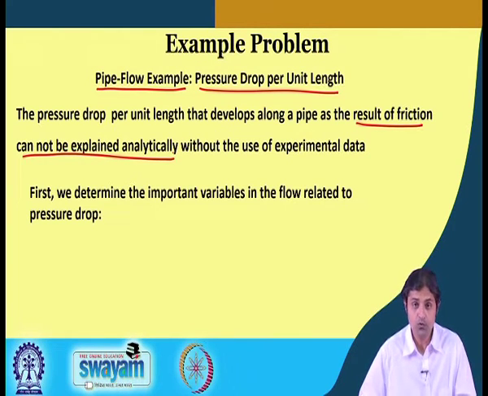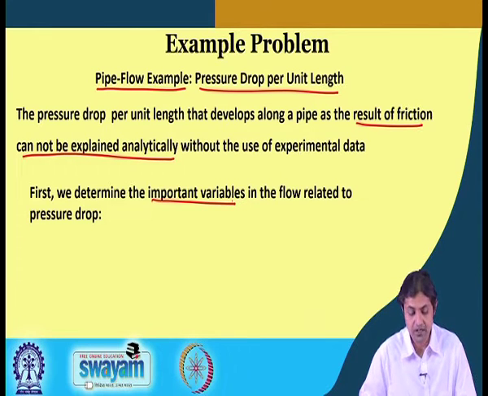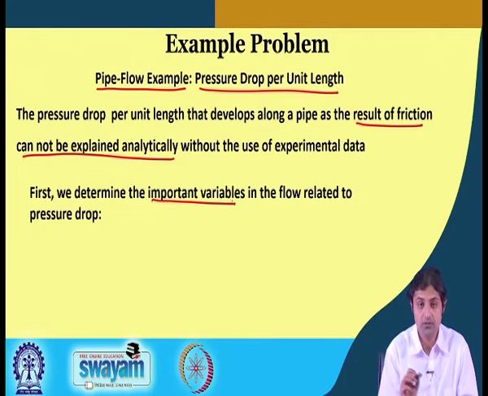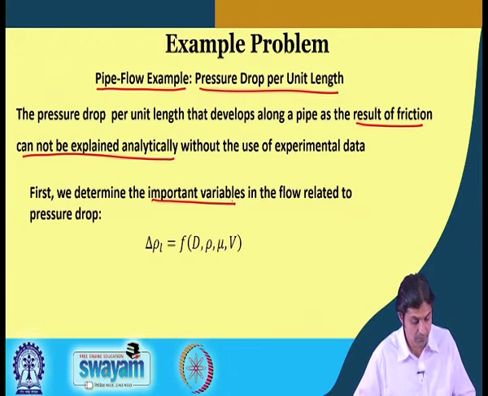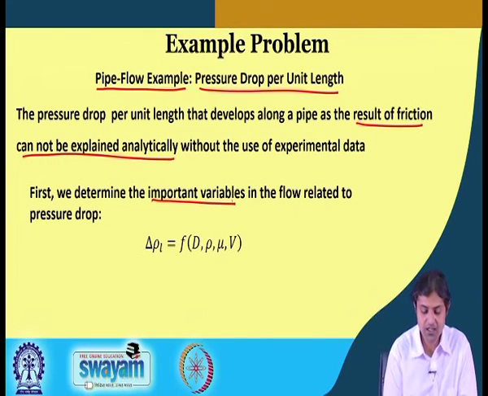So, what do we do? First, we determine the important variables of the flow related to the pressure drop. So, we must know what the flow parameters are. For example, flow parameters or important variables here, what we call, that are related to this pressure drop. So, when it comes to our mind, we can write that pressure drop per unit length